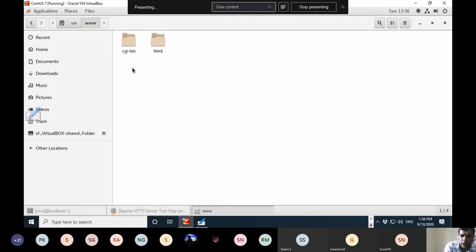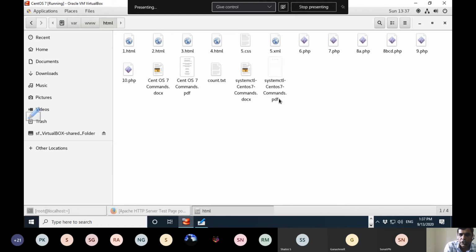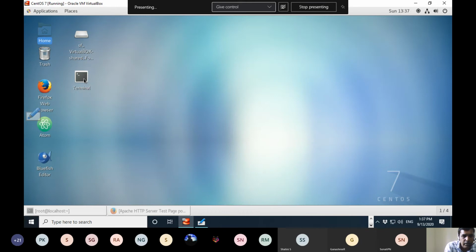cgi-bin is another folder. I told you about Perl programming. If you are supposed to write a Perl program, then you will place the Perl programs, which are common gateway interface programs, in cgi-bin. Since our lab cycle doesn't contain anything like that, we don't place anything in cgi-bin. We'll be using html. So this is the location where I have already placed all my lab cycle programs. Now let me make clear how to develop simple web programming.